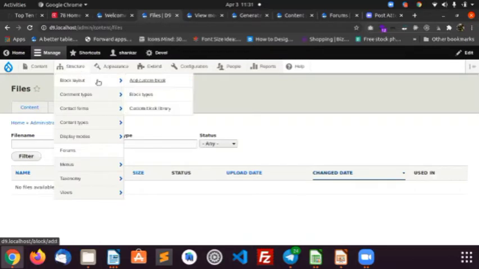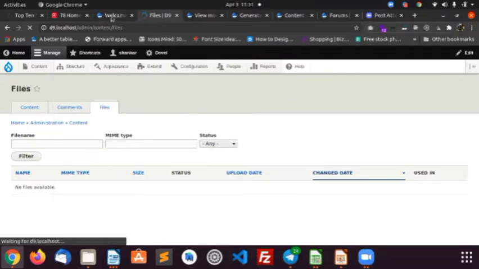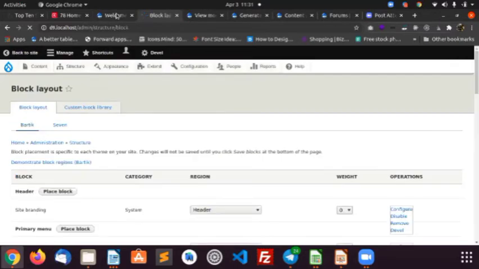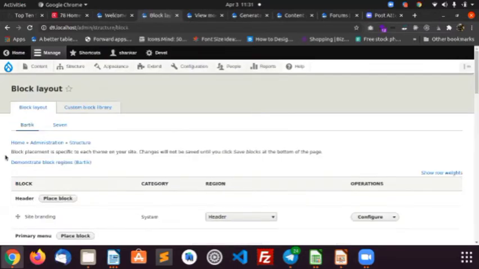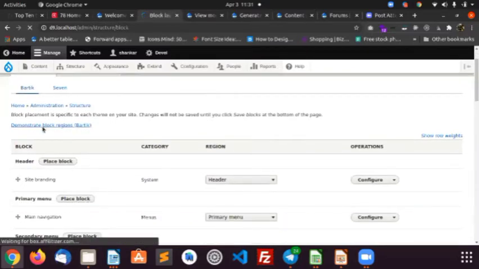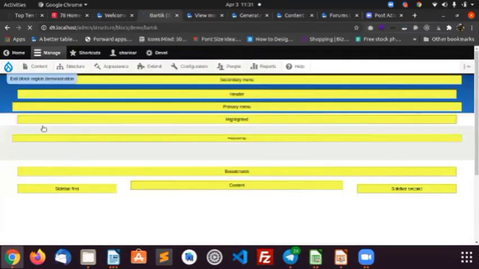So let me navigate to block layout first. We have the demonstrate block regions link in the block layout page, right? When you click on it, it will depict how the page structure will look. We'll be able to see the secondary menu here.